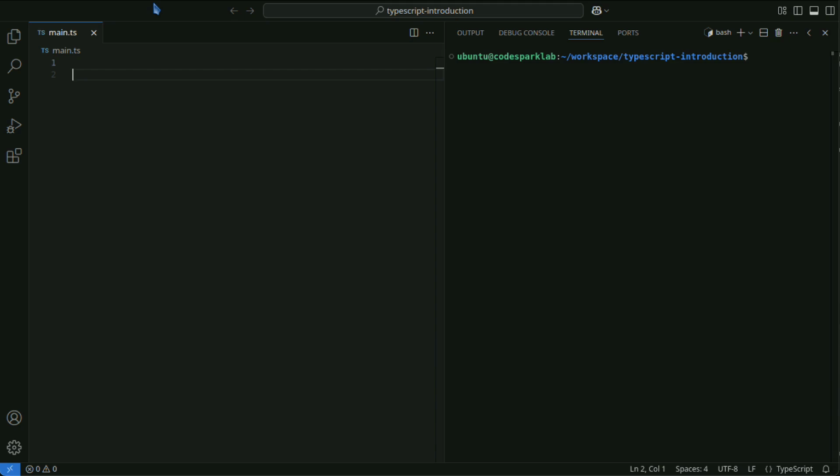Event listeners are added to DOM elements using the addEventListener method. For example, to handle a click event, you would do the following.